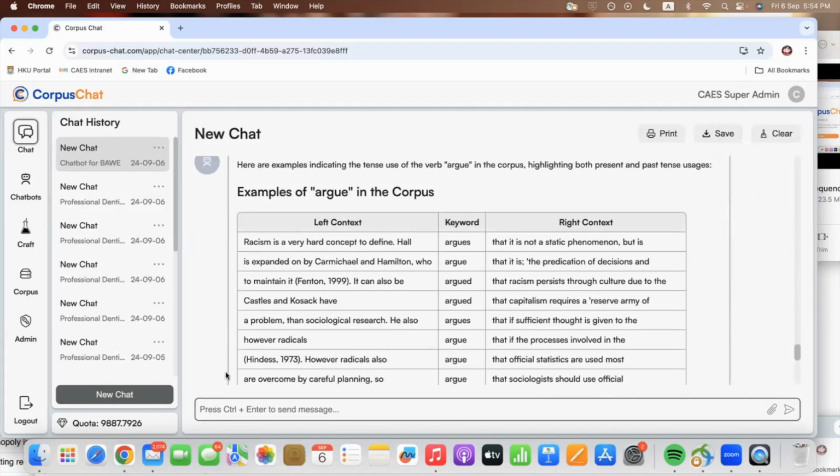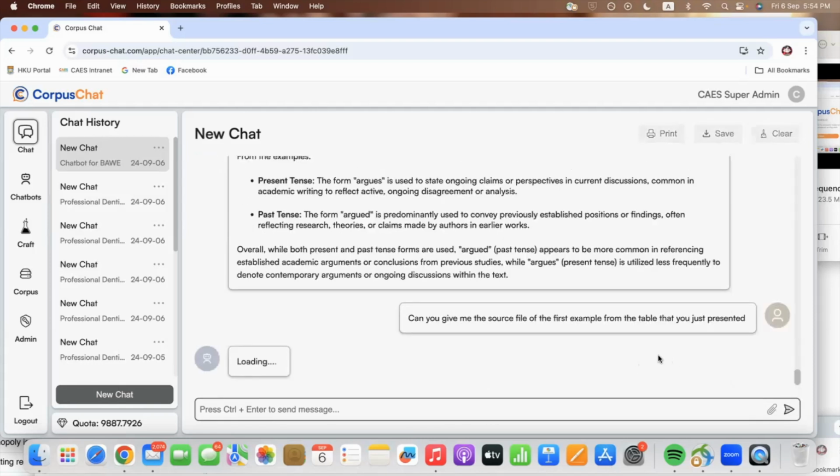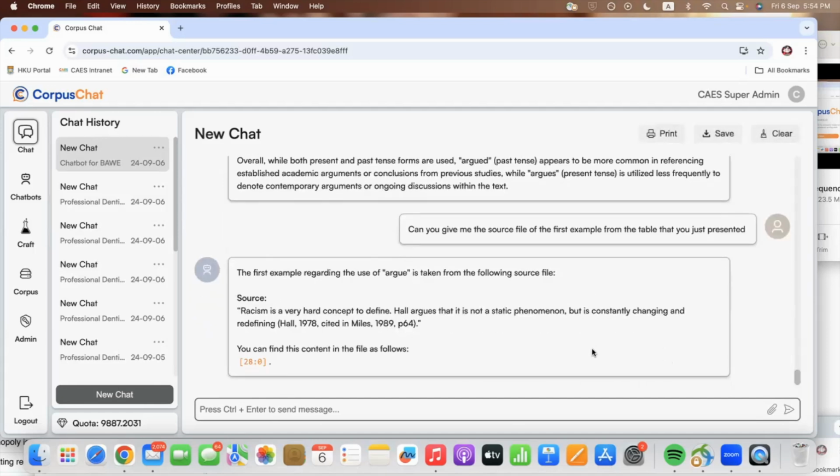Okay. Now we can try if it is possible to get a source file, which is also very common on any corpus search platforms. Can you give me the source file of the first example from the table that you just presented? Okay. Now, if you are on a traditional corpus search platform, you can just click on a particular concordance line and it will show you maybe the original sentence or maybe the paragraph or maybe in a full version the entire source text. So we know that it's actually from this British Academic Written Corpus,